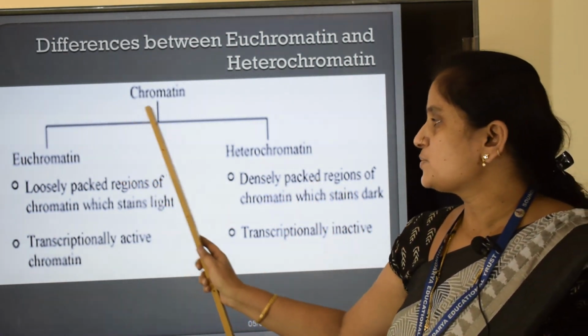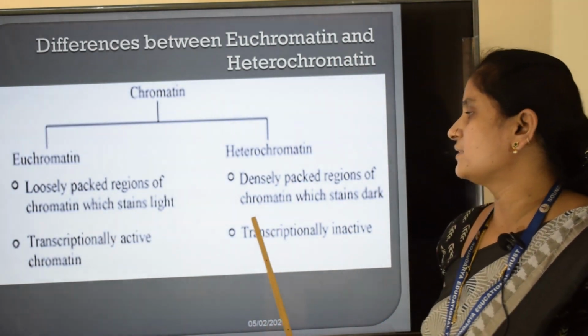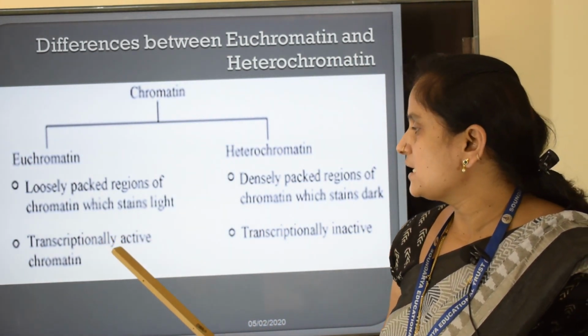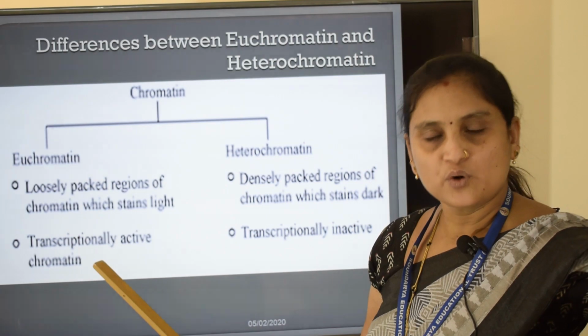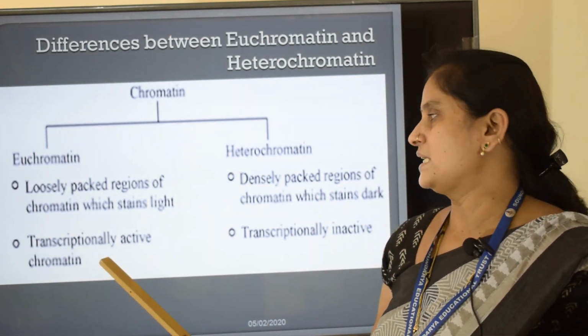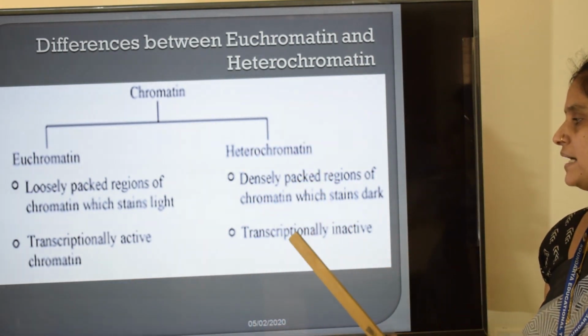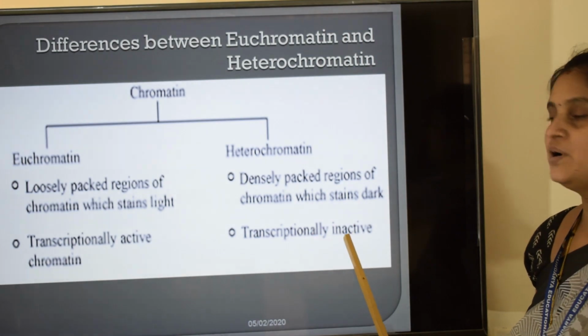Now with respect to that, they even have other differences. Euchromatin is transcriptionally more active and is early replicating, whereas heterochromatin is transcriptionally inactive and is late